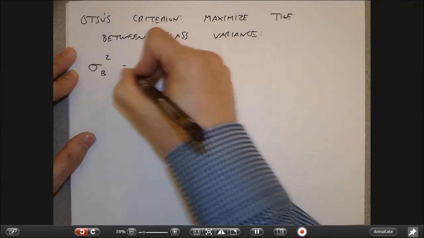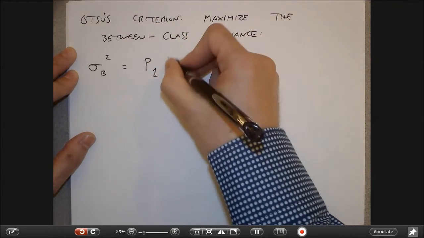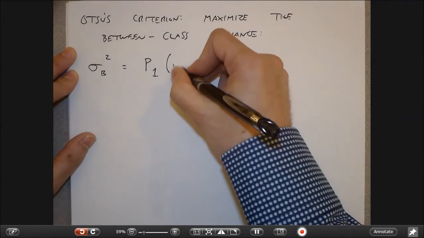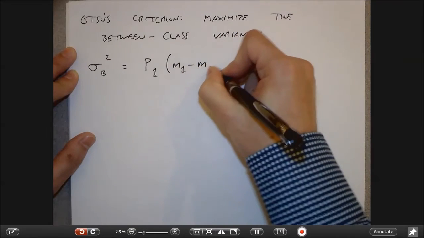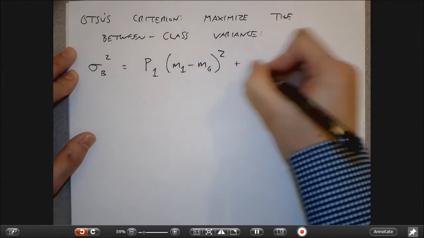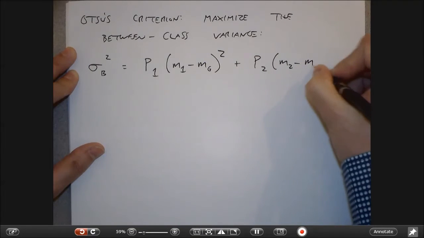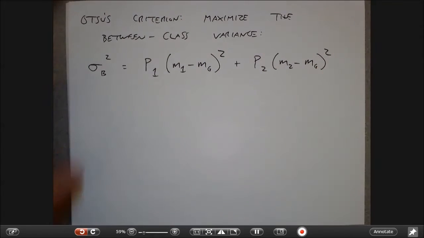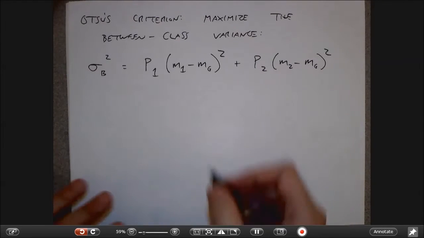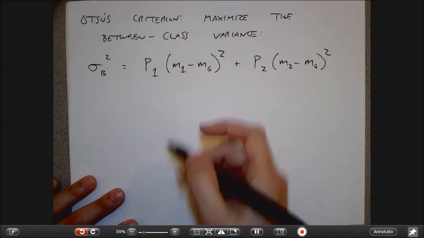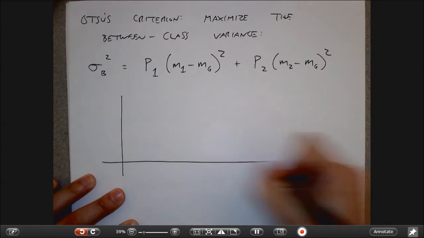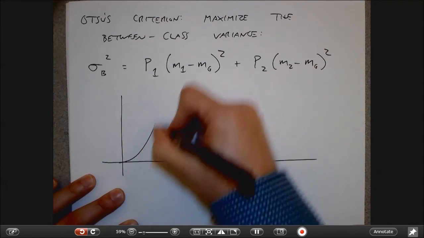So it's like saying the probability of being class 1 times this guy plus the probability of being class 2 times this guy. It's kind of like saying I want to look at how far apart the two means are from the center. And so maybe the way to think about this is that I've got two pixel distributions,